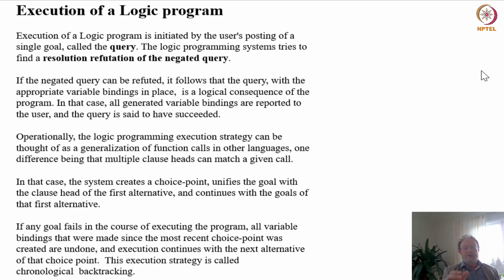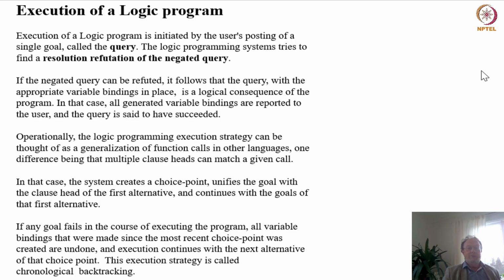And if there is a match, that results in the invocation of the right side of the rules. So you can see this is such a recursive set of function calls. The difference is that in contrast to normal function calls, where it's totally deterministic which function is called,